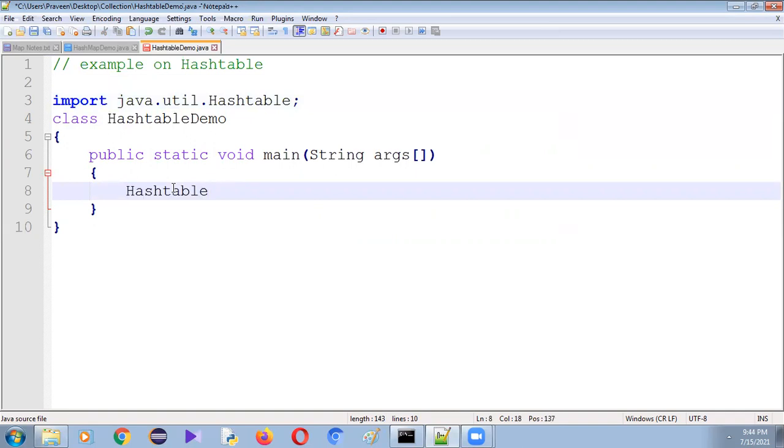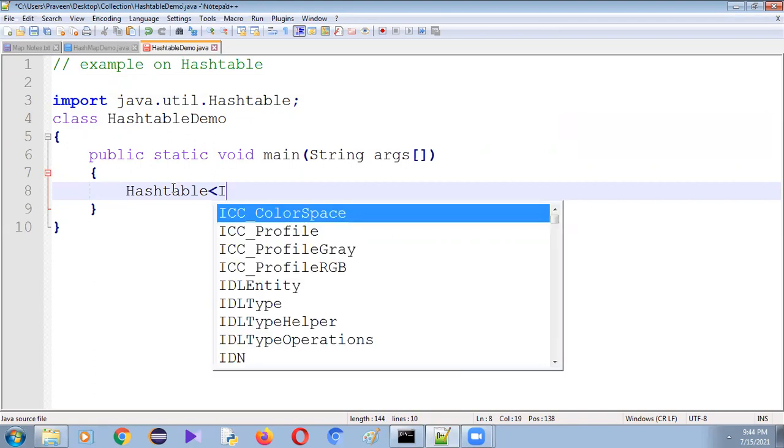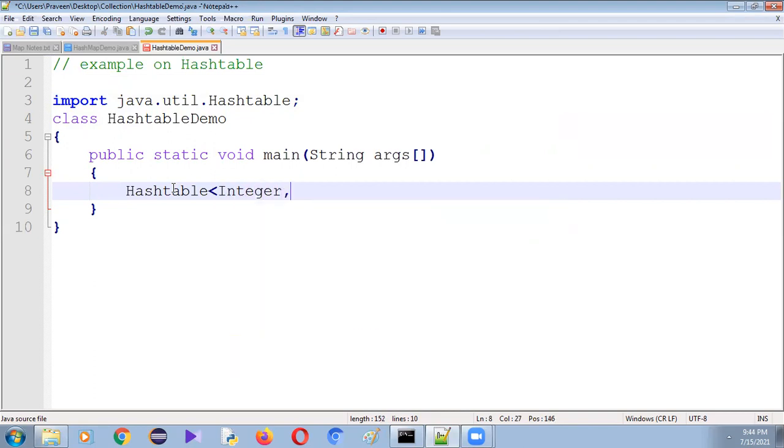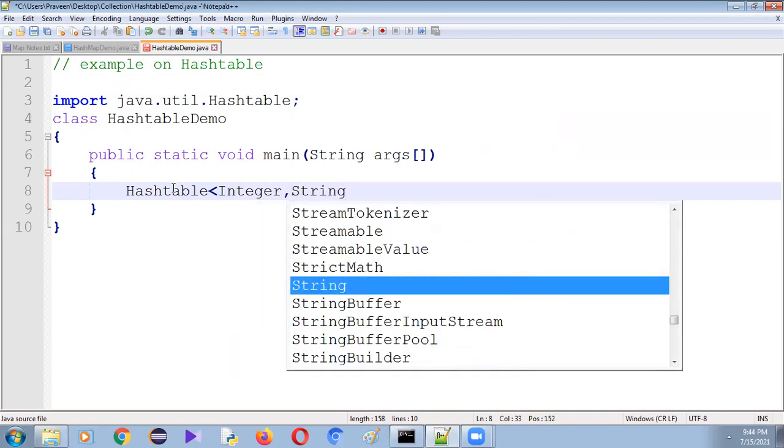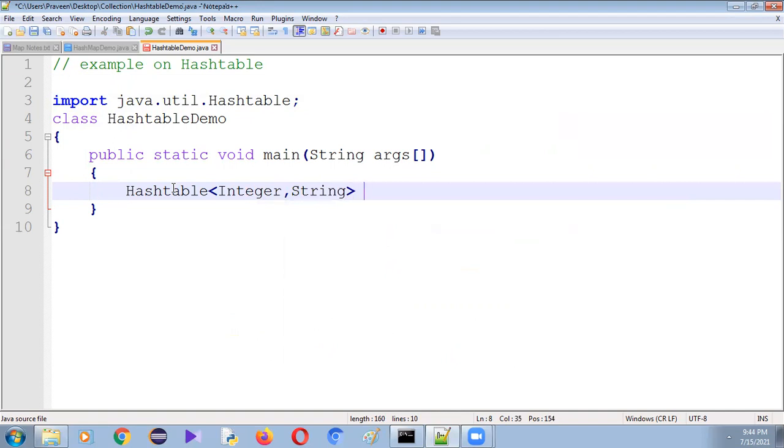Let me use generics integer comma string. That is, m is equals to new Hashtable of integer and string.